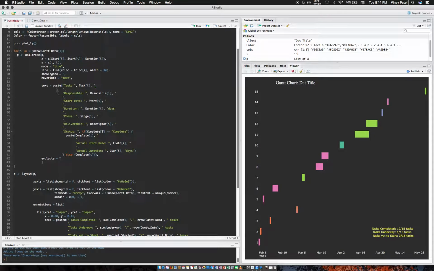So the information that's going to be in that hover box is the name of the task, who's responsible for that task, the start date, the duration of that date, what phase it is in, what the deliverable is, the descriptor of it, and the status if it's complete. And if it is complete, what the start date was and how long it actually took for it to be completed. If not,